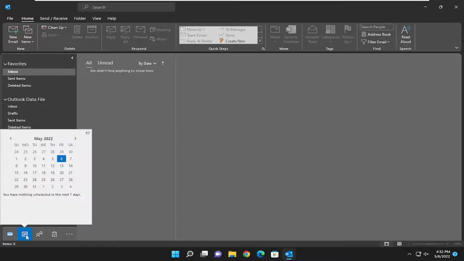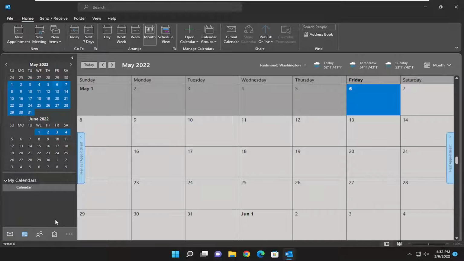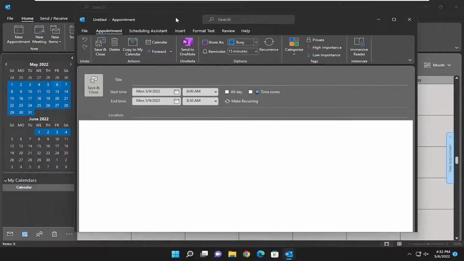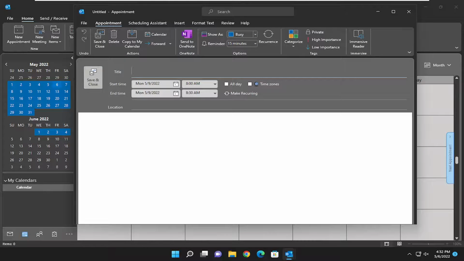So all you have to do is select the calendar icon, and then right-click on whatever day you want to create an appointment for, and select where it says New Appointment. At this point, you go ahead and select the start and end time, as well as the location and the title of the appointment. And where it says Show As up at the top, you can go ahead and select if you want to set it as busy or out of office, if you would want to make that selection,